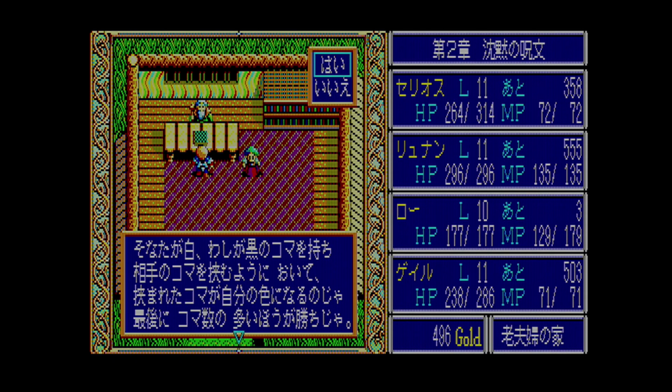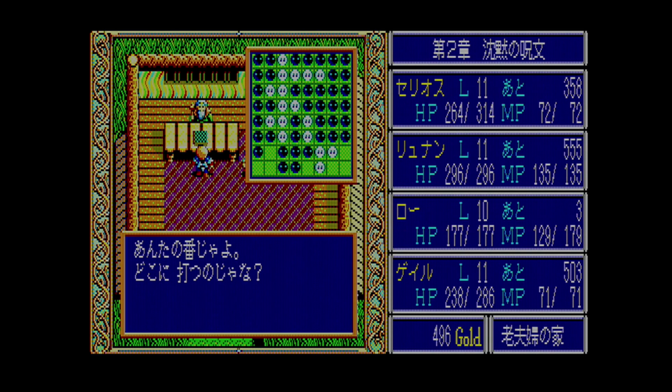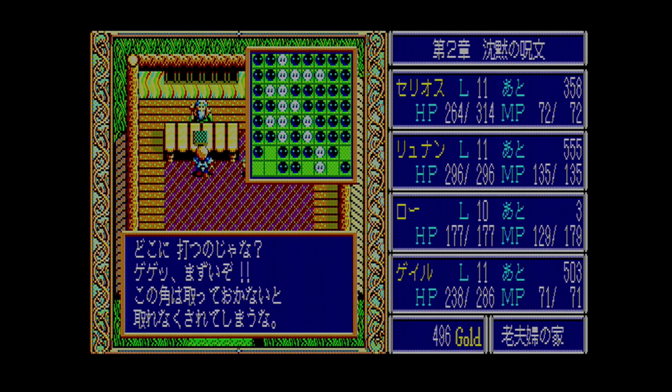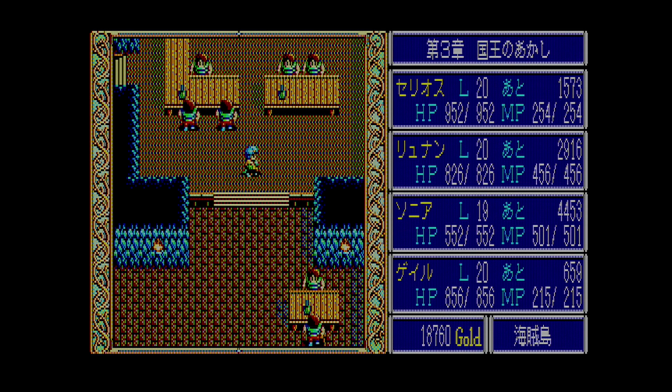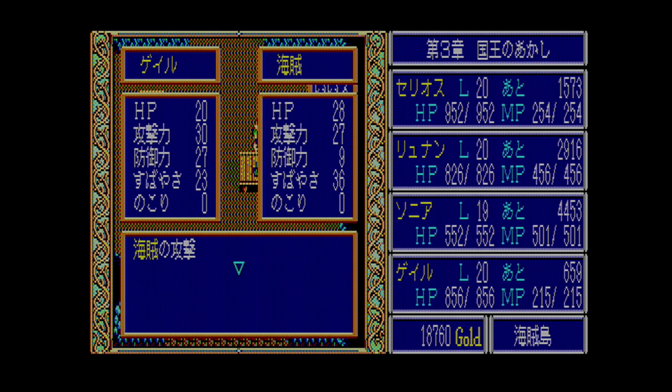Minigames. Can't have a Legend of Heroes game without some fun minigames, right? How about a game of Othello? Man, I suck at Othello. There's also this weird sort of auto battle minigame. Find the right combination of HP, strength, defense, speed, and then watch an automatic battle play out against the stats